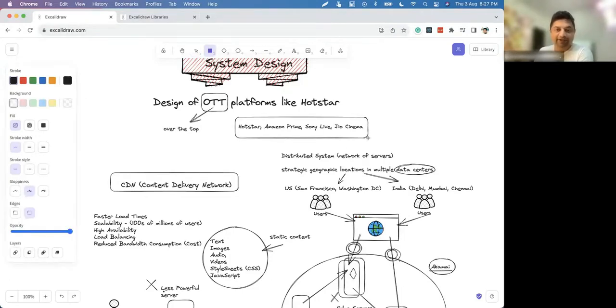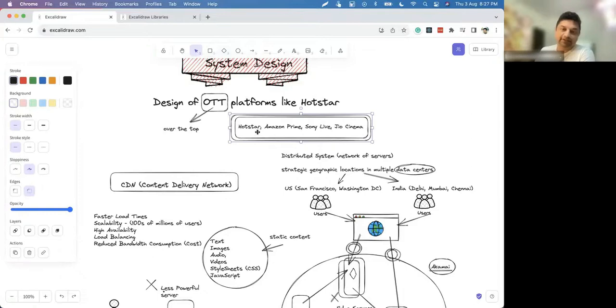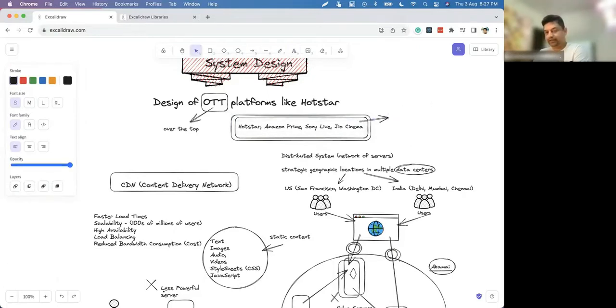Today, we will be covering how the live streaming happens, right? So these platforms provide live streaming. Live streaming is, you have, say, IPL or football or soccer World Cup, right?